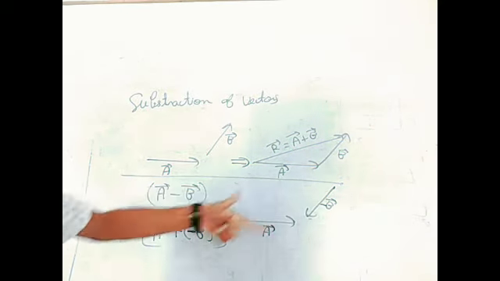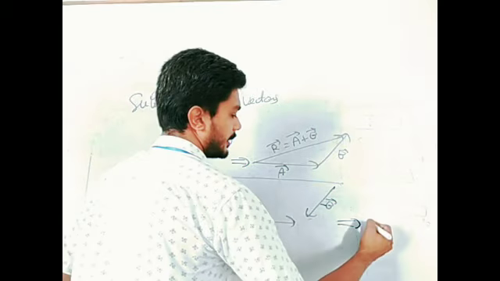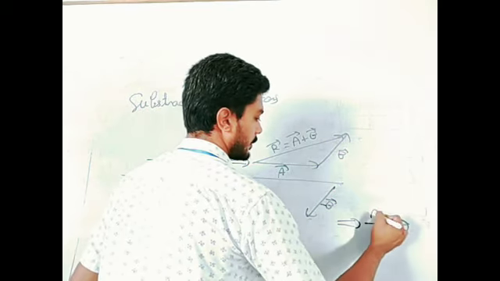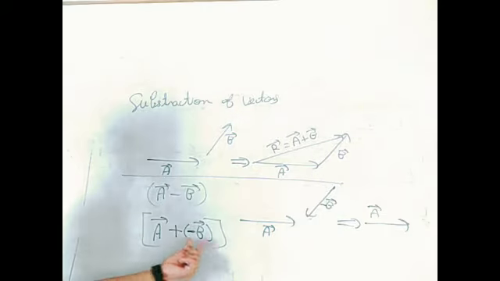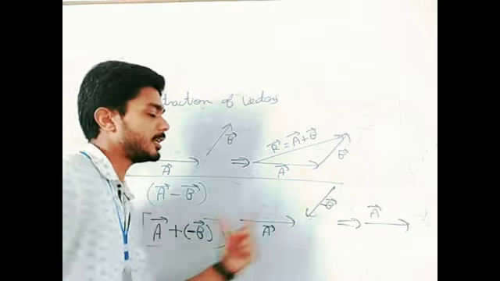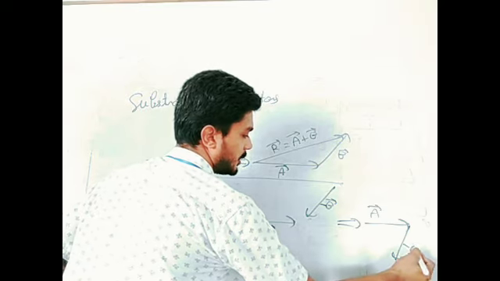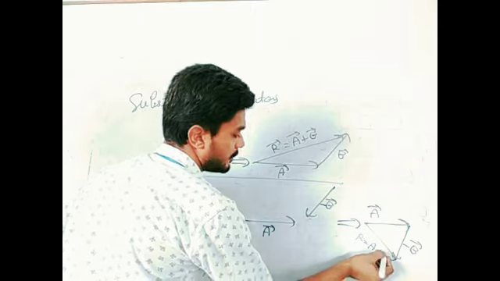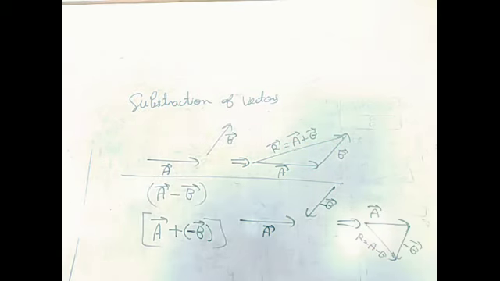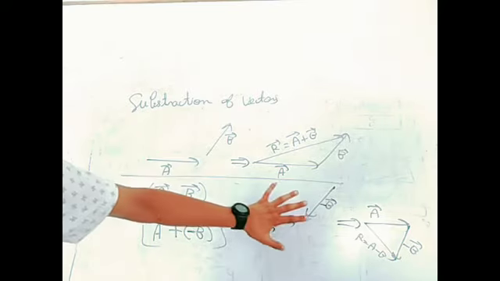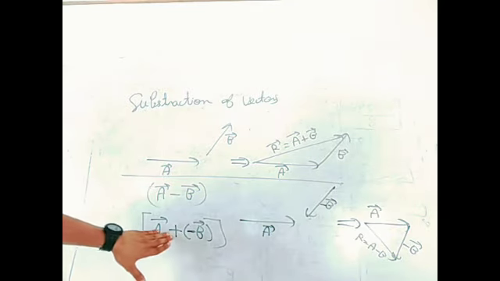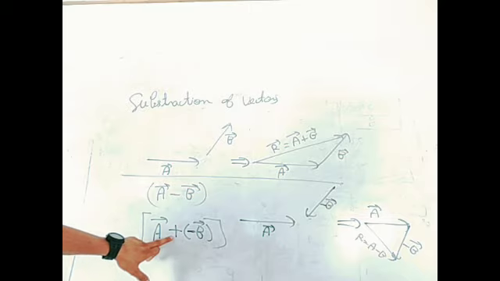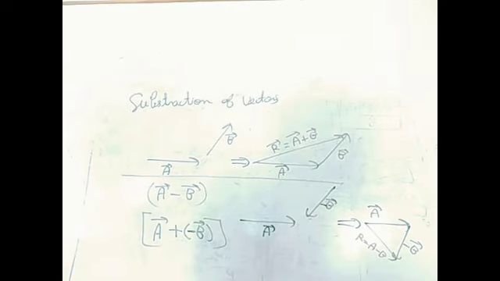And we are going to apply the triangle law again. It says draw the first vector, and we are adding minus B here, and minus B we have obtained. Then the minus B vector and the closing vector will give the resultant A minus B. Now friends, subtraction is just like addition, and we say that in subtraction we add vector A with the negative of vector B. Then this is the process of subtraction of vectors.